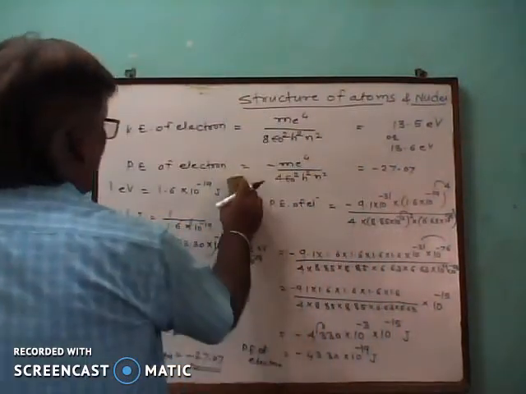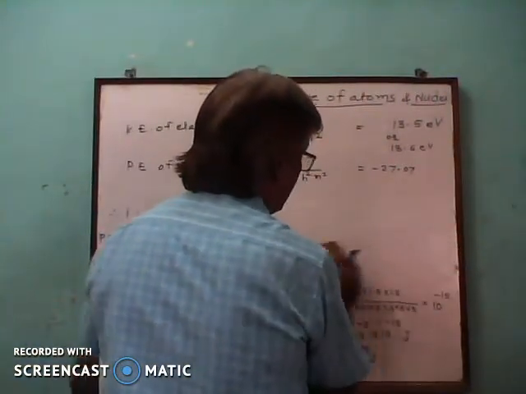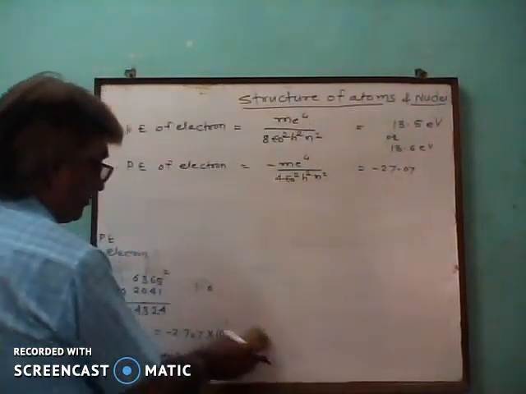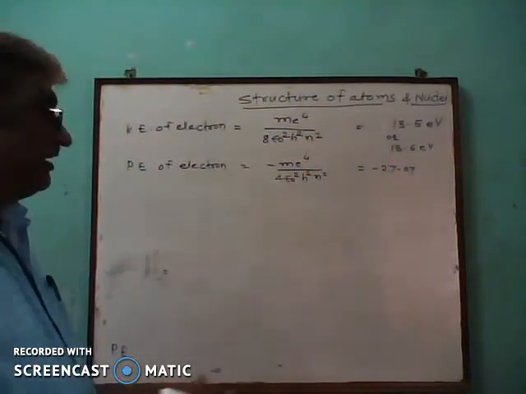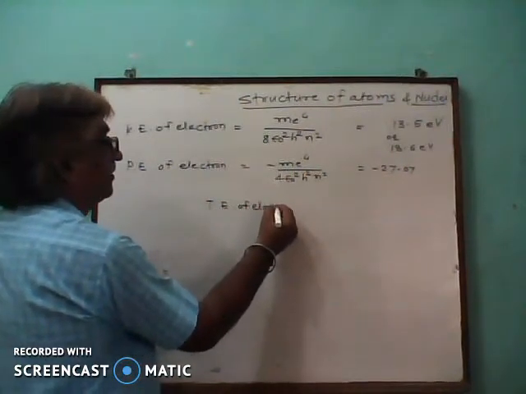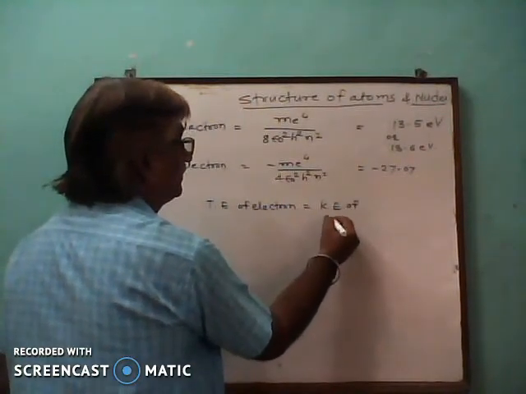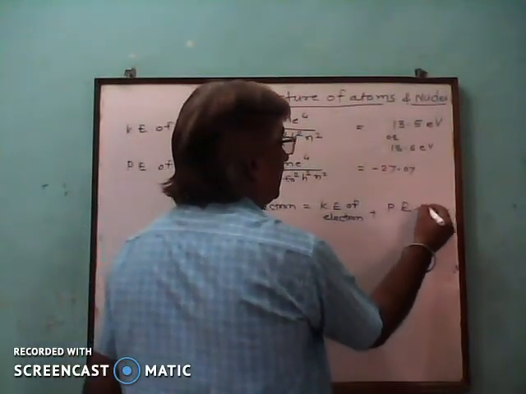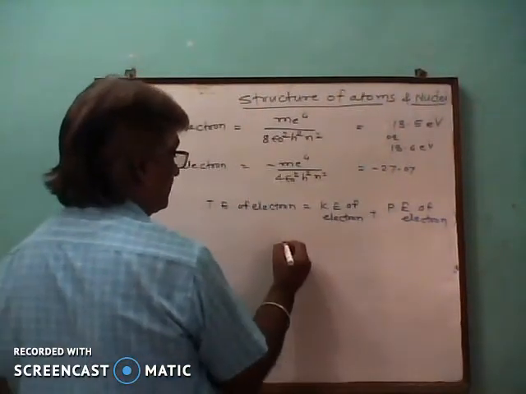Now we want to find the total energy of the electron. The total energy of the electron will be the summation of the kinetic energy of the electron and the potential energy of the electron. If we substitute the two values here,